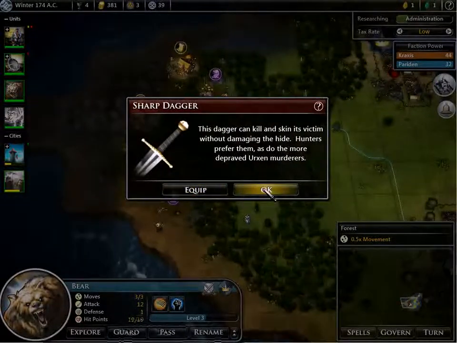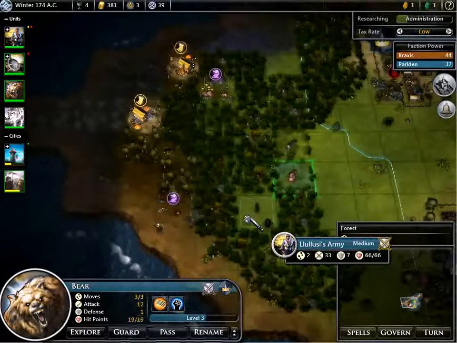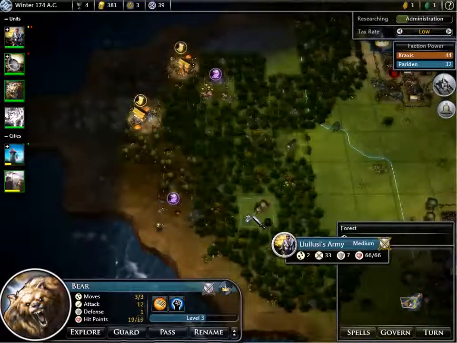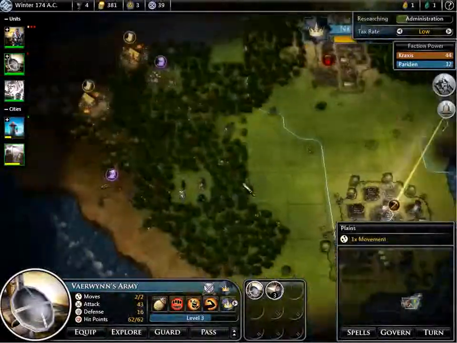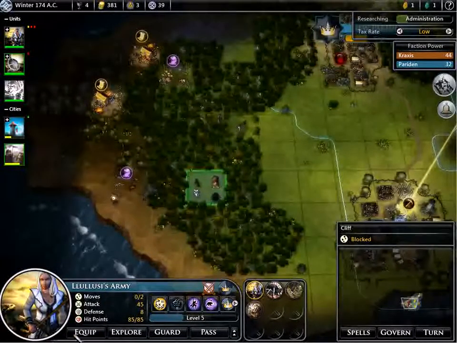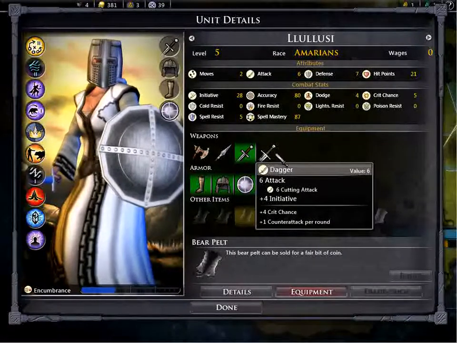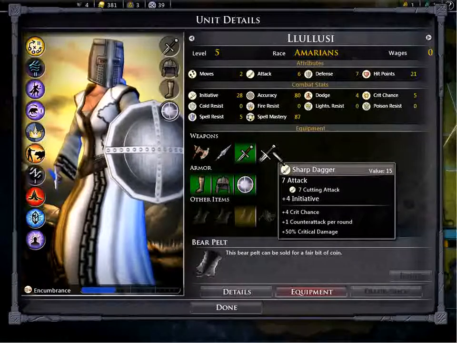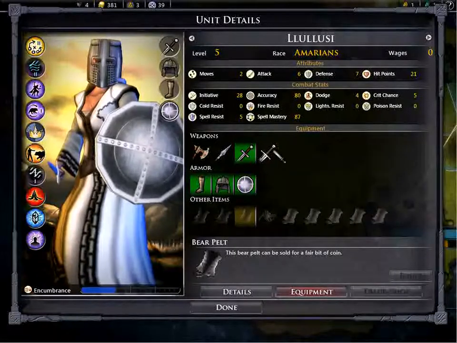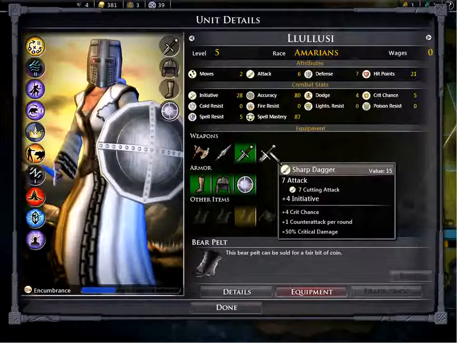A sharp dagger. What's the advantage over my current weapon? I hate it when it does that. Plus, it looks like it's got a stronger attack, stronger base attack. It's still got the same +4 initiative bonus. And it's got a plus 50% critical damage. That's good,